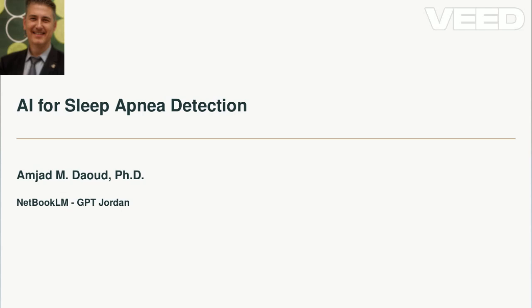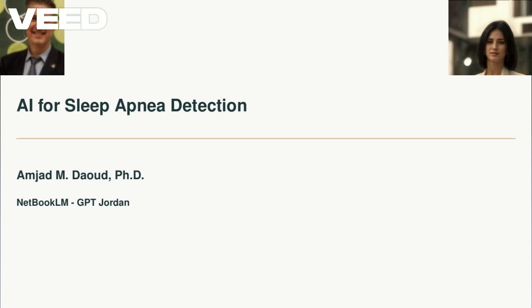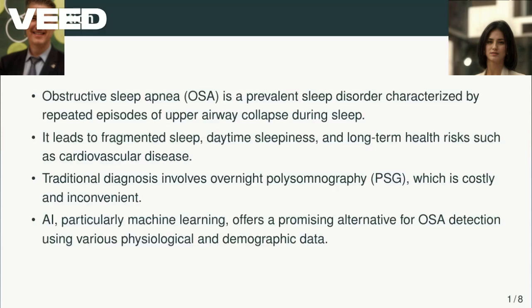Right. So it seems like there's a real push to try to figure out how to detect sleep apnea more easily. Yeah, definitely. And it makes sense. I mean, traditional sleep apnea diagnosis can be a real pain. Oh, yeah. It involves spending the night in a sleep lab hooked up to all sorts of sensors. It's not exactly a recipe for a good night's sleep. No kidding. So I guess researchers are turning to AI to see if they can analyze different biological signals and maybe find faster and less intrusive ways to detect it. Yeah, that's exactly right. They're looking at things like oxygen saturation levels, breathing patterns, even heart rhythms.